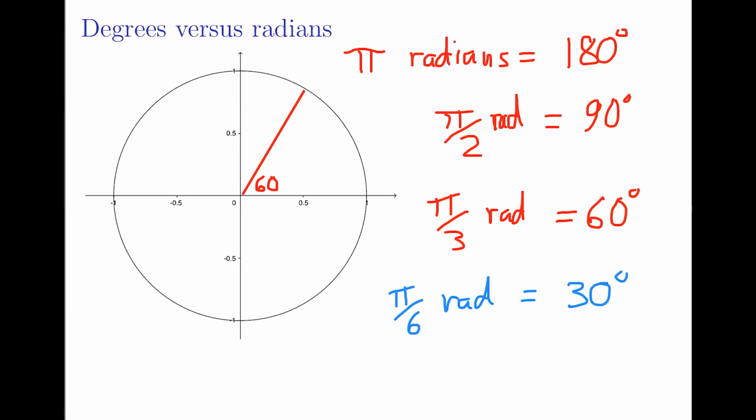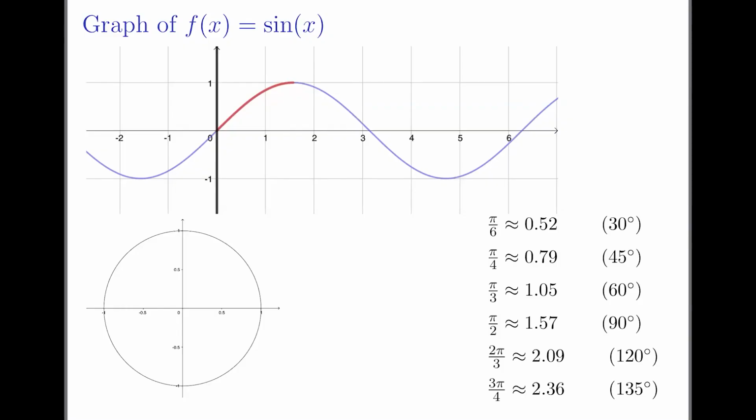2 pi radians, that's 1 complete revolution. That's twice 180, which is 360. So it's a good idea just to play around with some of these ideas if you haven't done so in a while. The last thing I want to mention is that it's common to see mathematicians or physicists talk about